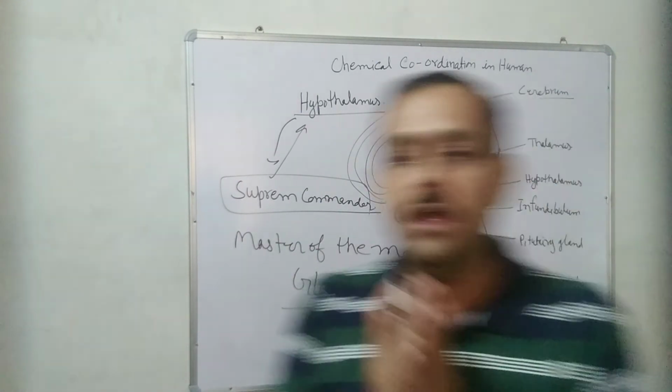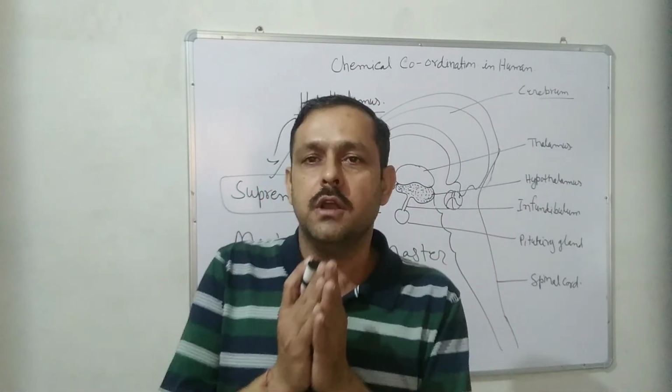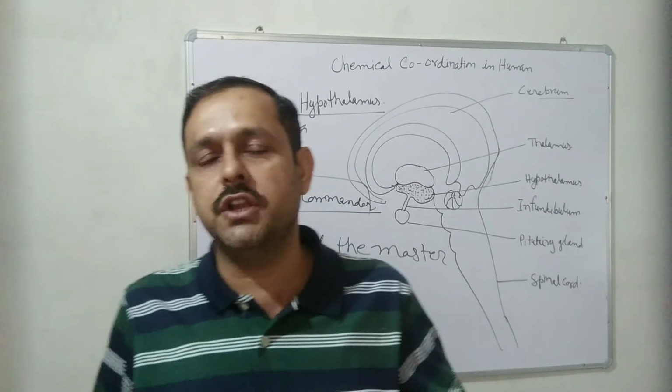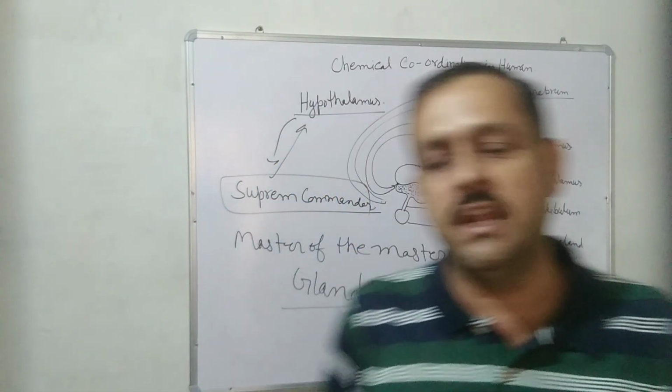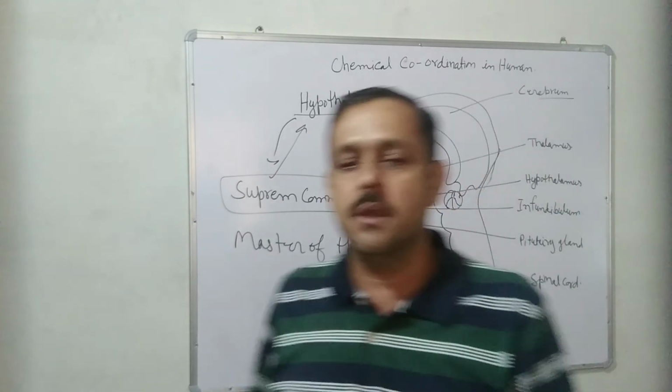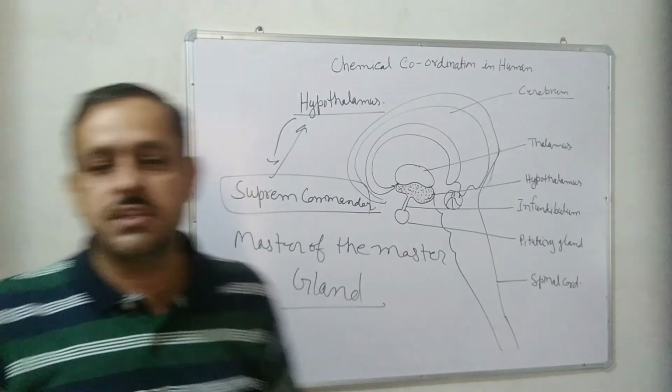Now the pituitary gland controls all the glands, so it is called the master gland, and it controls all the glands by the secretion of releasing and inhibiting hormone, meaning the hypothalamus secretes